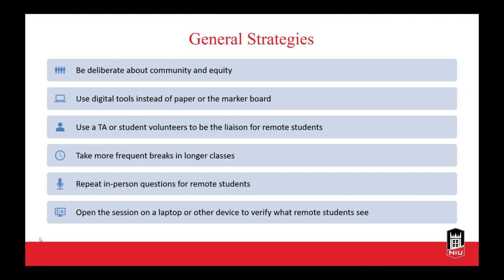They can let you know if the remote students report that they can't hear or can't see something, and they can act as a second set of eyes for you. I know that not everyone has the advantage of a TA, certainly, but usually someone in the class or several people in the class are more than happy to join that online session from their device